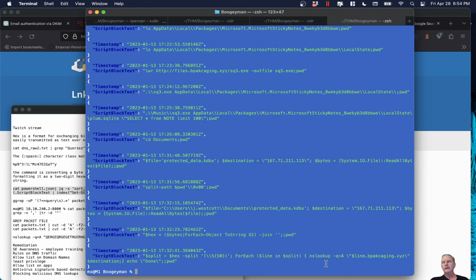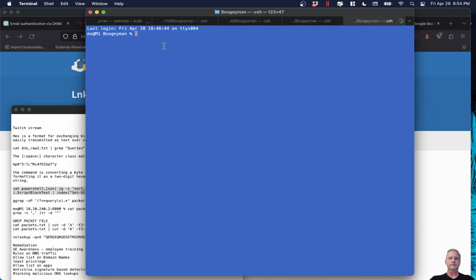Okay, so nslookup is a DNS tool, right? And he's just querying, and he's concatenating this data, this 50 character chunk. So he's just basically prepending a name and then his destination. And what this does on the other end is,